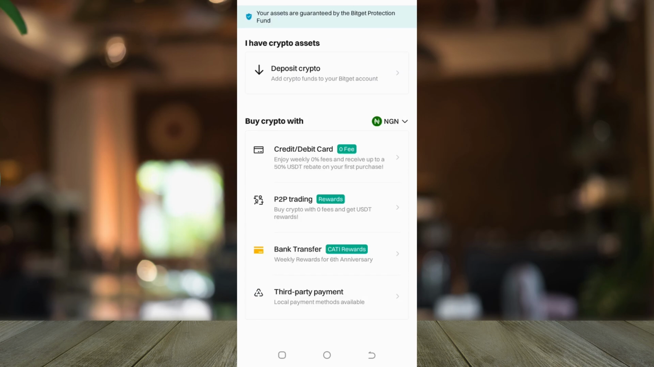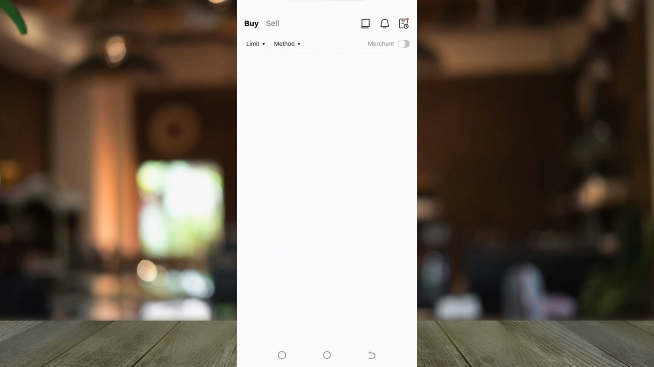Okay? So where it says buy crypto with, the first option is buy with debit card, second option with P2P trading, the third option bank transfer, but the method we're going to use today is P2P trading, and here is set to NGN, which is Nigerian Naira, because I am currently in Nigeria. I'm a Nigerian. So what you do is click on where it says P2P trading, and if you click on that, you can see you're going to get some rewards for using P2P trading here in Bitget. So click on that,